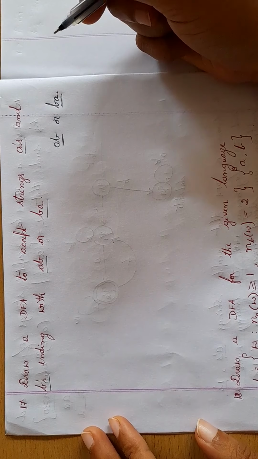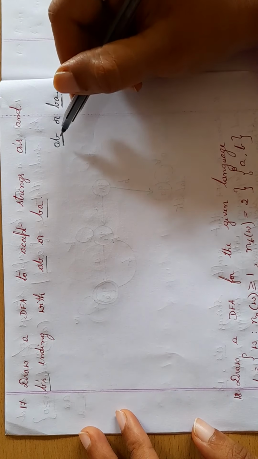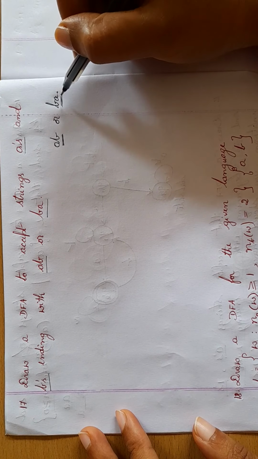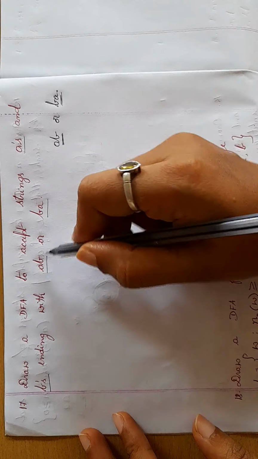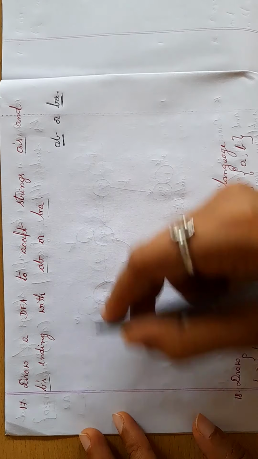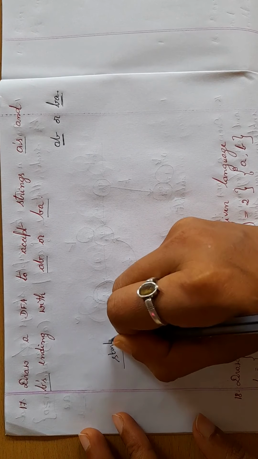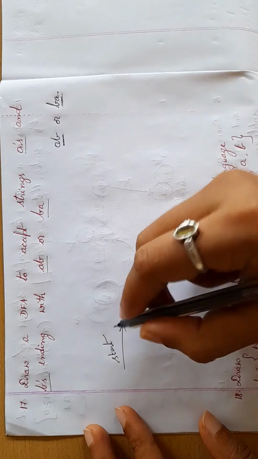While drawing the DFA, you should draw it in such a way that it will accept AB, and it should also accept BA. In the DFAs so far, you had only one condition, now we have two. Now I'll tell you how to draw that. So take it as start. In the beginning, I'll consider AB.